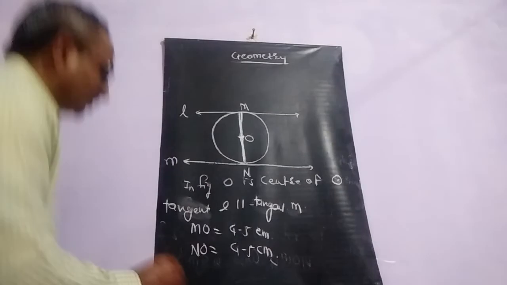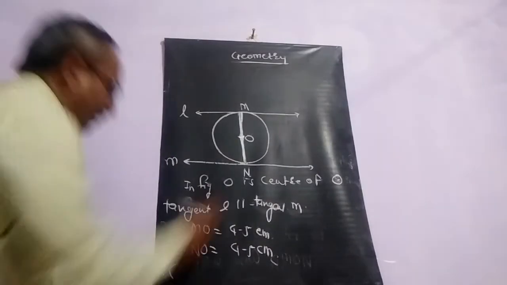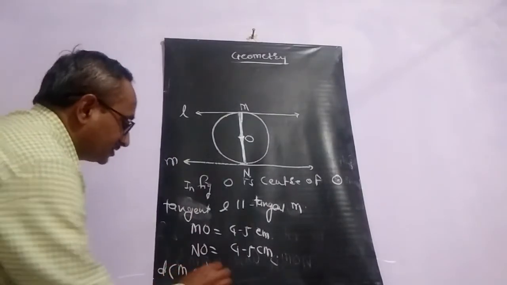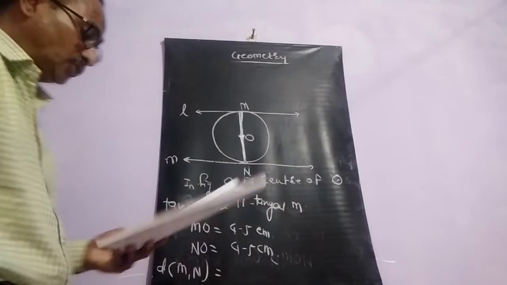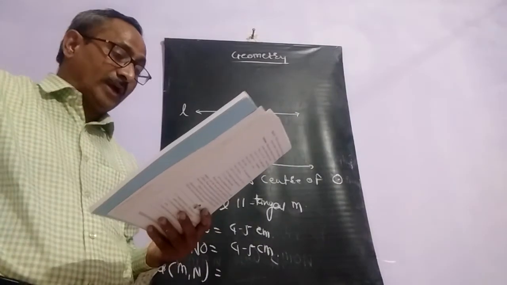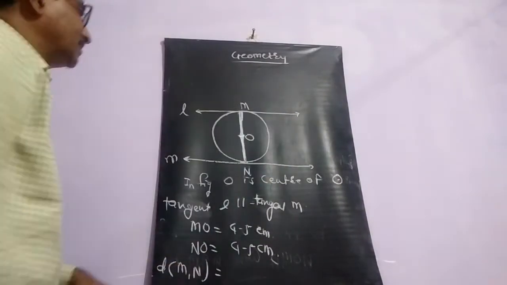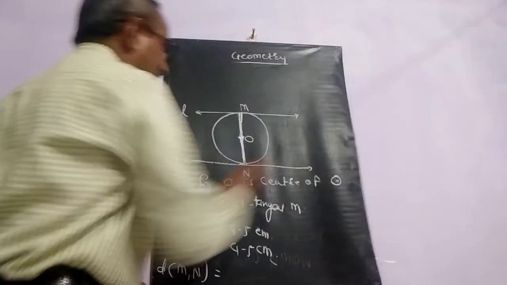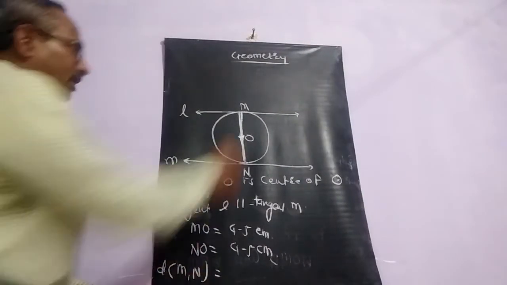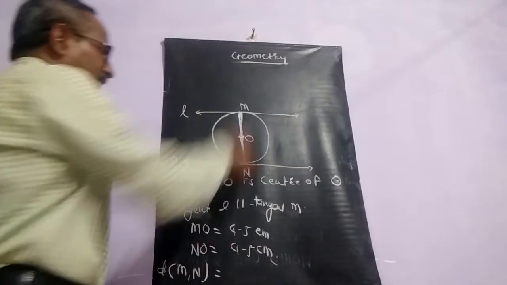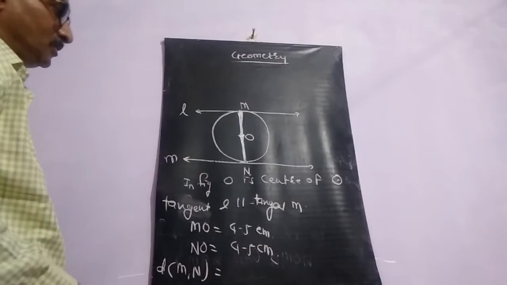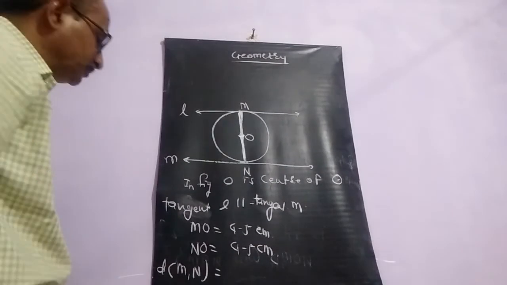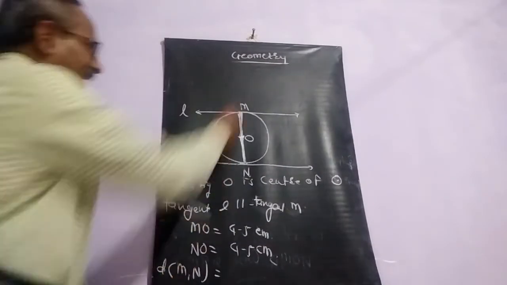So we have to find what is the distance MN. What is the distance MN? It means we are asked the distance between two parallel tangents. These are the parallel tangents, and we have to find the distance between them. It is very simple. So distance MN is equal to